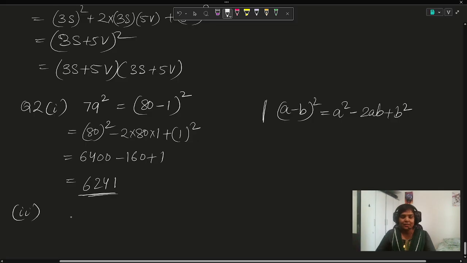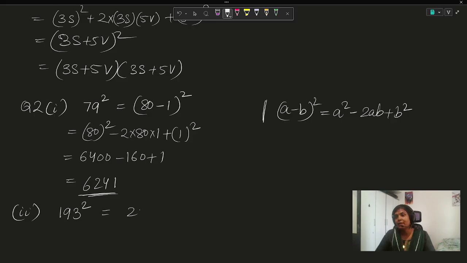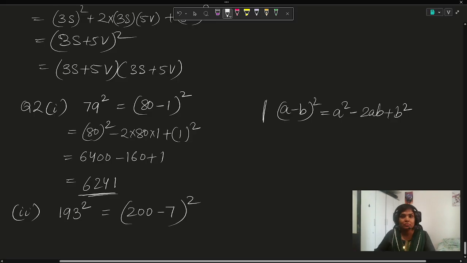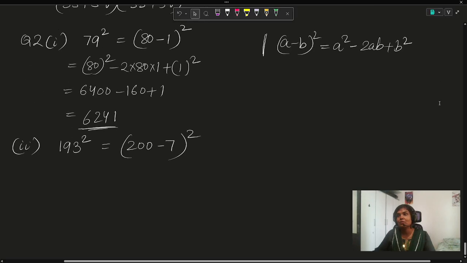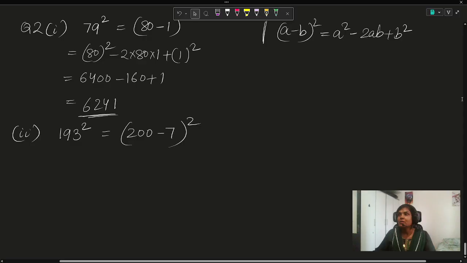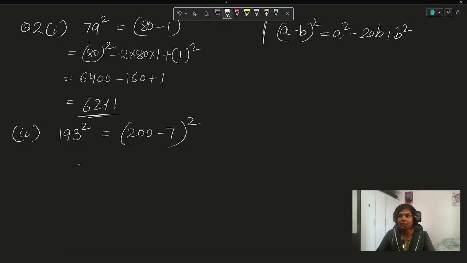Excellent. Second part, 193 square. What can we make it? Can we make it as 200 minus 7? These things we have to observe and understand what I should write. Okay, the same a minus b whole square formula. It is a square, instead of a it is 200, a square minus